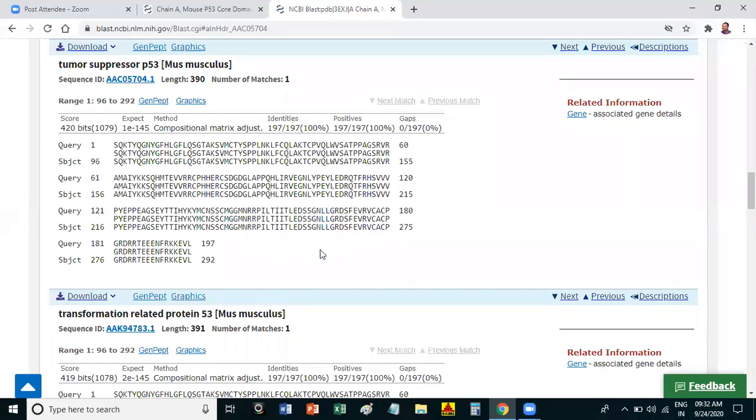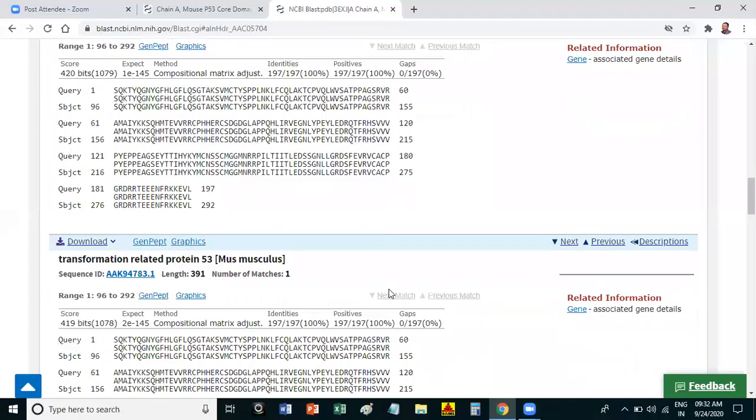You have to tell all these things. Like this you have to conclude. That day I was asking what is the interpretation of your result. Interpretation means what type of similarity they are showing, you have to tell. This much of similarity they are showing, this much of score they are showing, this much of gap they are showing. So all those things you have to tell whenever someone asks you about interpretation of your BLAST.